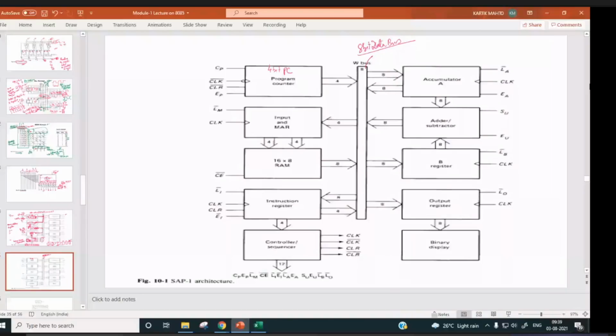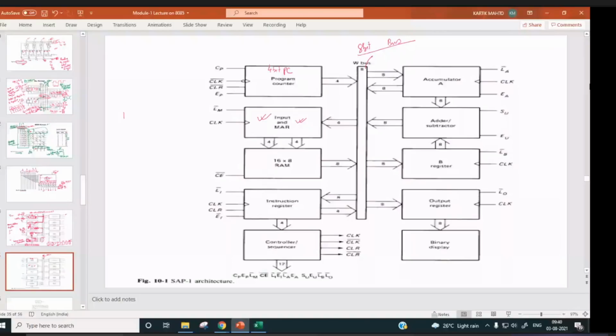Input and MAR. In fact, this input and MAR circuitry will be used with a keyboard.